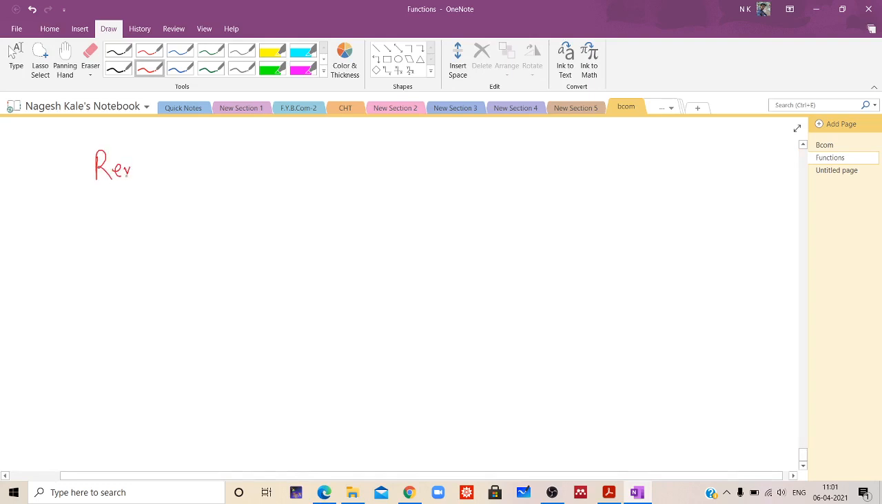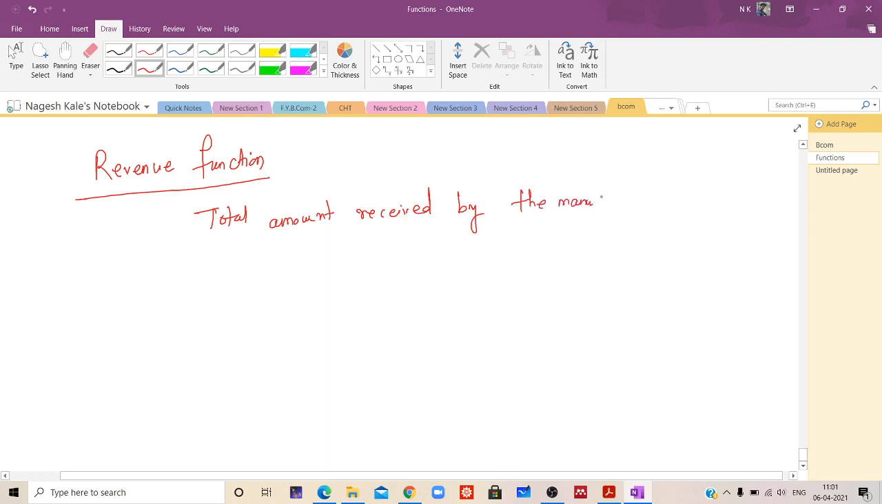After discussing the cost function, let's move our attention to the revenue function. Now, I told you what revenue is. Revenue is nothing but the amount earned by that manufacturer after selling that number of units based on the demand, right? So what can I say in short? I can say it like this: total amount received by the manufacturer,